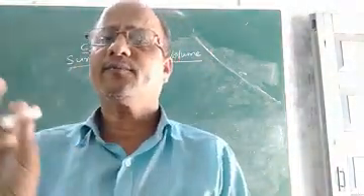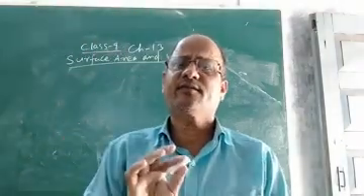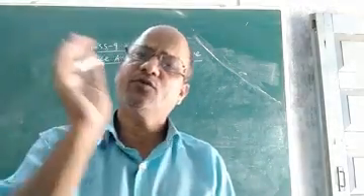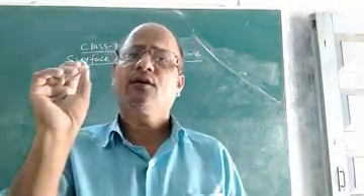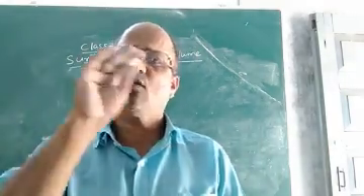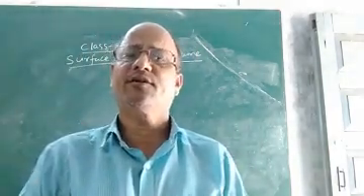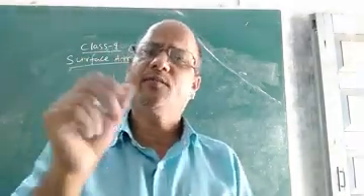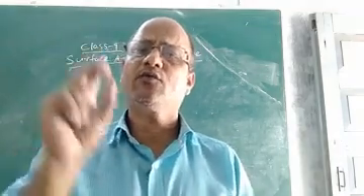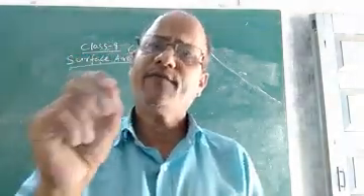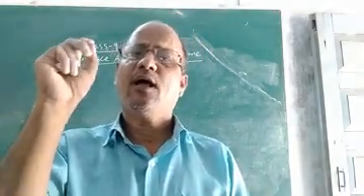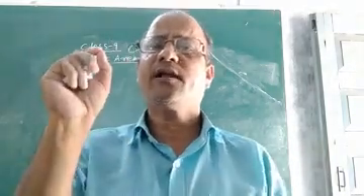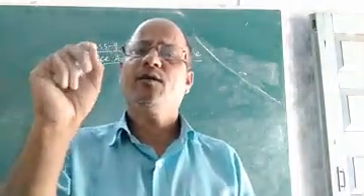Children, you know what surface area and volume are. You know different three-dimensional solids: cuboid, cube, cylinder, which we read in class 8, and from junior classes we also know cone and sphere. These are all 3D solids. As they are solids, they have some area and some volume also. We can calculate the area and volume of all those three-dimensional solids. Today let us find out the surface area and volume of cuboid and cube.